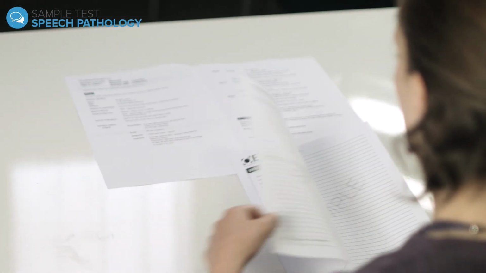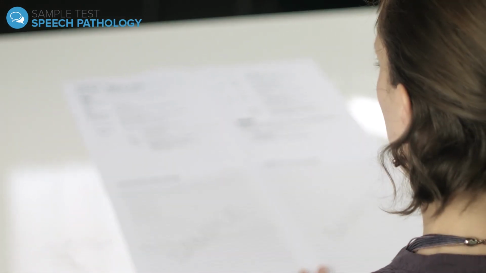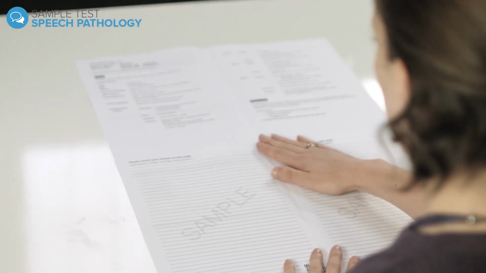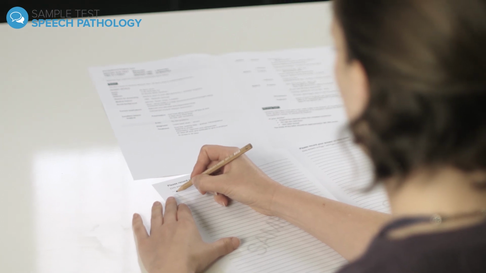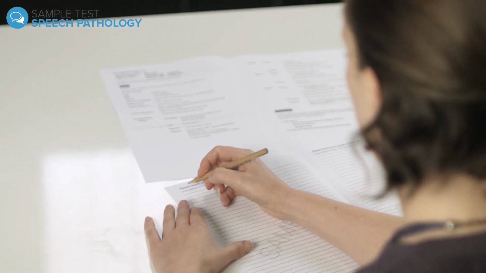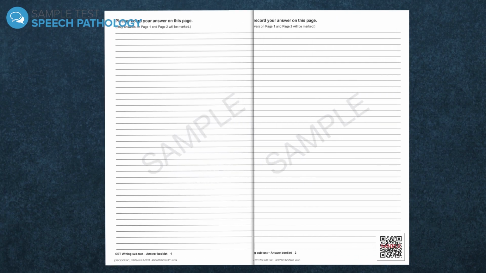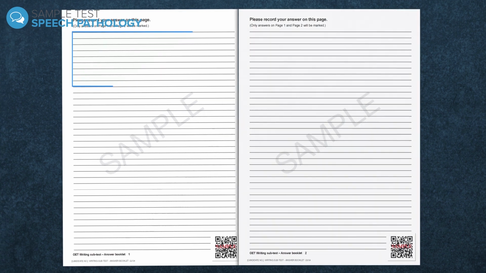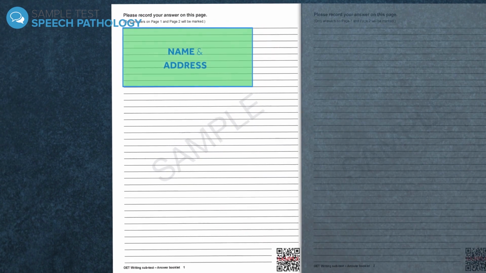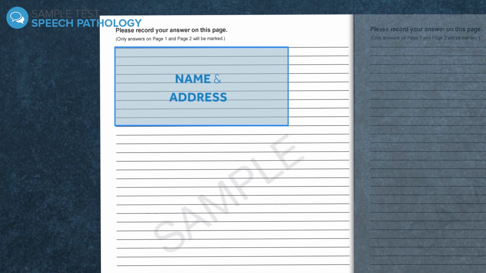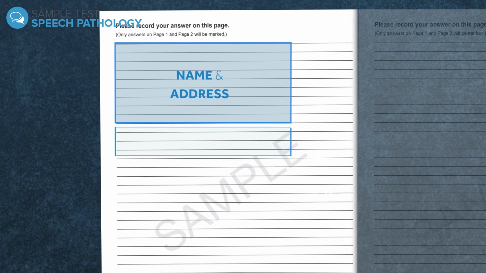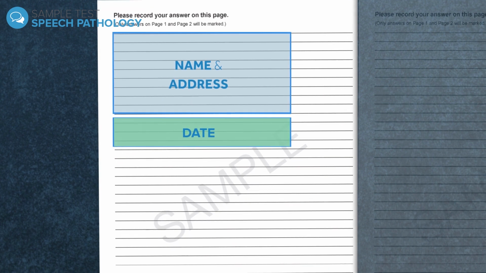I have a clear plan in my mind, and it should be easy to record all the information in the 35 minutes I will have left, and still keep some of this time to check my work at the end. I'm not going to write the whole letter now, but just to point out a few things. Opening my answer booklet, I'm going to start with the reader's name and the address, which I can copy directly from the writing task. Underneath this, I will add the date, which is today in the case notes, 30th of